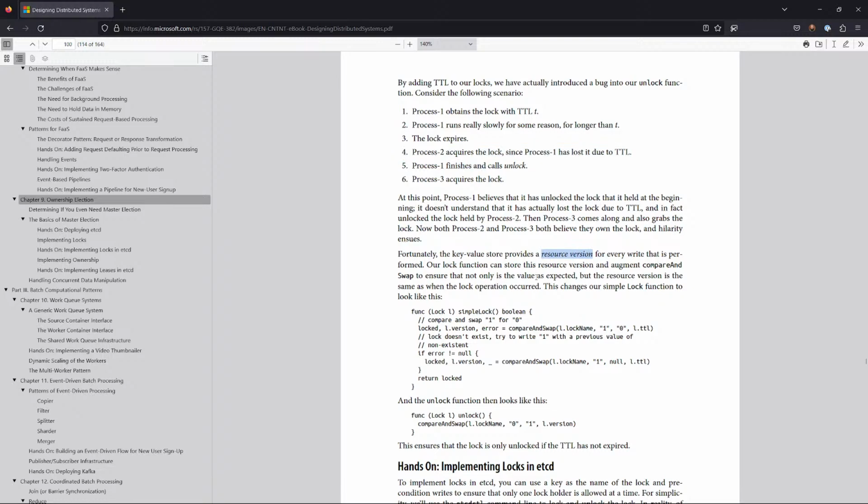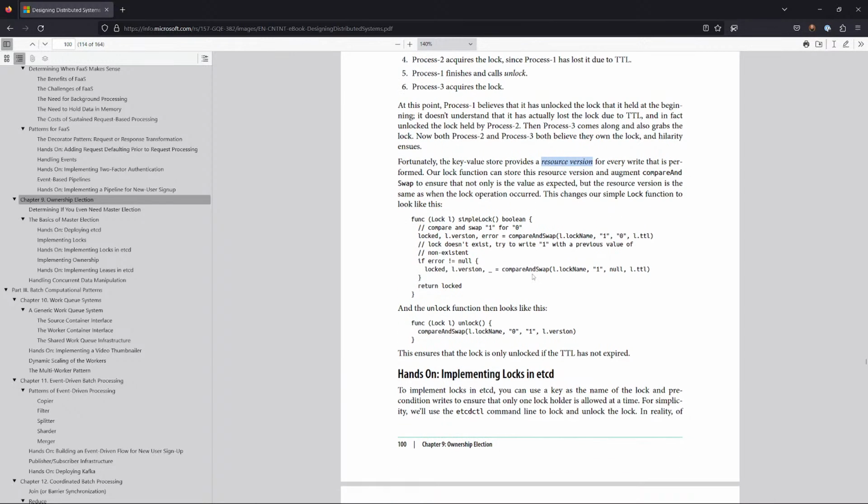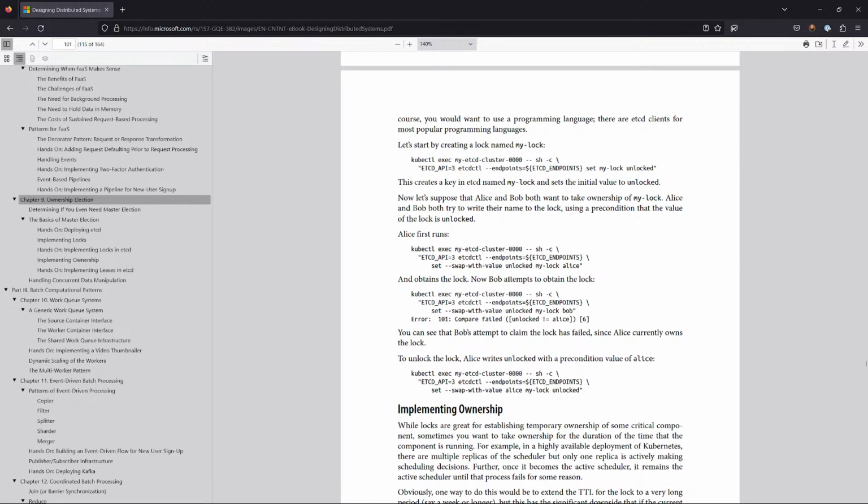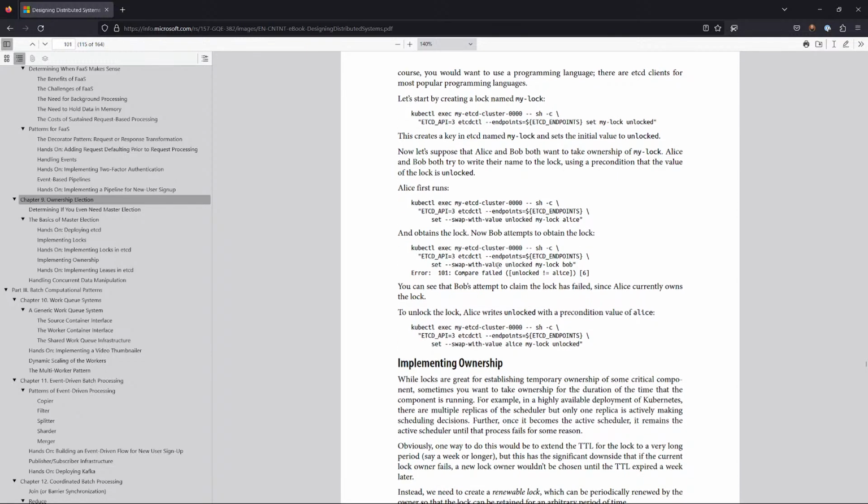So every time we get a lock, we version that lock. And then the author says, okay, we've implemented that, but now we've actually introduced another problem. And we need not just a version lock, but a request version lock. And you can see how this gets really complicated really quickly. So I agree with you. I'd probably reach for something that's off the shelf rather than implementing this myself. But anyway,